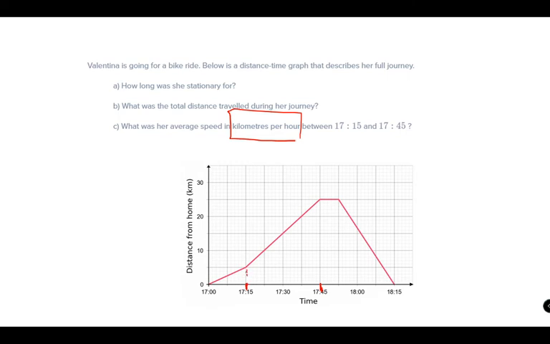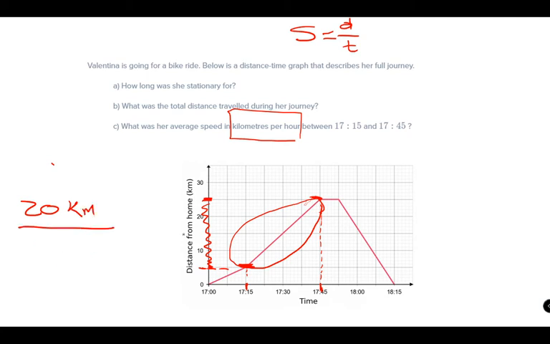So we are talking about the velocity or the speed in this section. Remember, kids, in order to find the velocity or the speed of something, we can calculate speed is distance divided by time. So what is the distance? The distance that she made in this section was from 5 kilometers to 25. In total, she made 20. So the distance is 20 kilometers